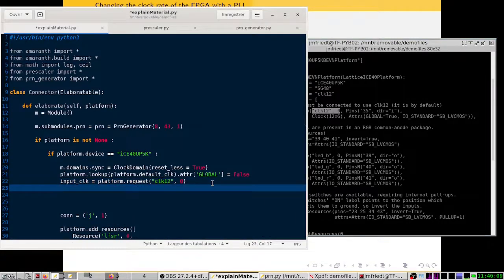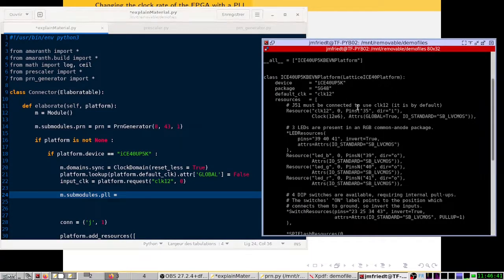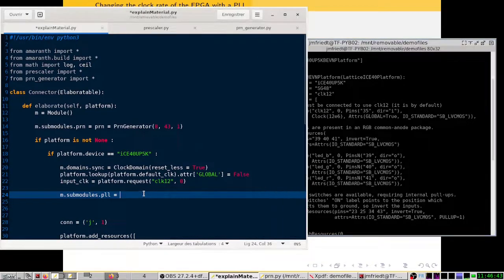Once I requested this input clock, I can define some signals that are required for my PLL. The PLL will be described in a submodule, and as this is not something we describe neither in a file elsewhere nor in the description of the platform here, we need to create